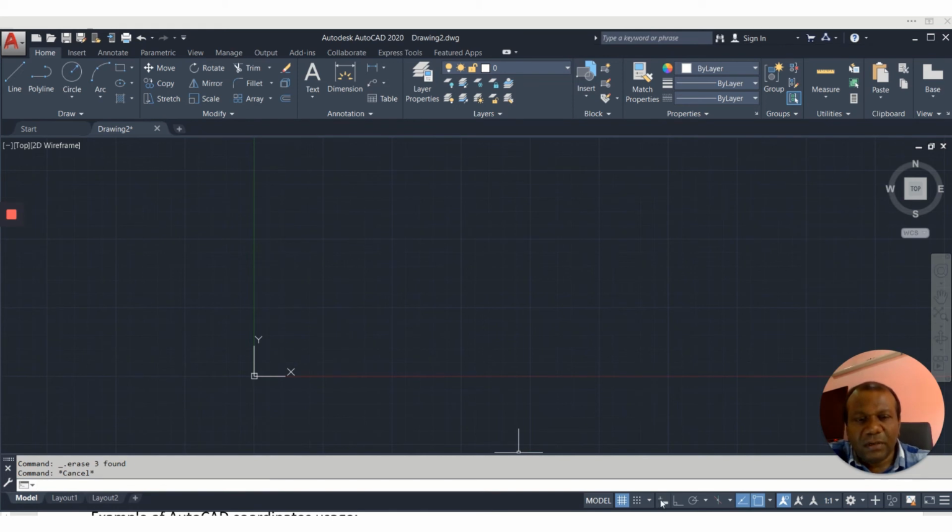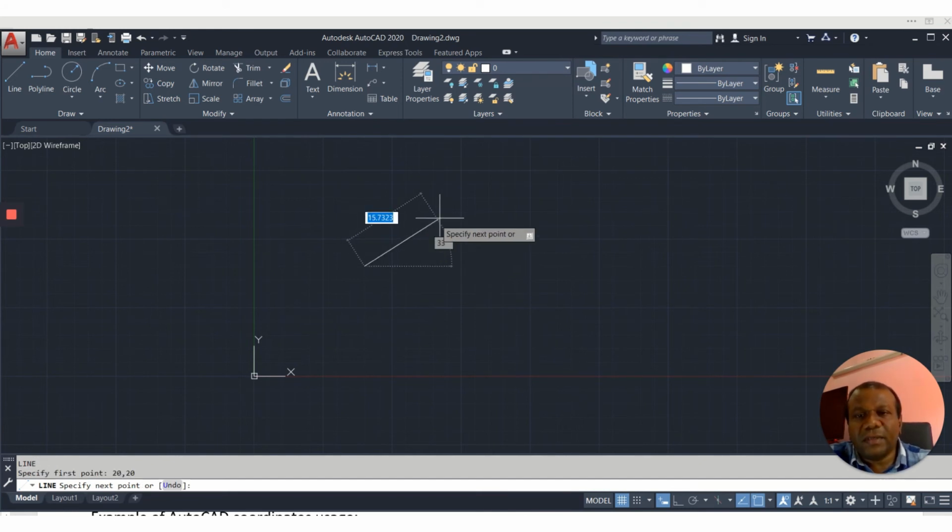That is one option. When dynamic input is on, you type L, enter, and when you move the mouse, it will show the absolute coordinates of where the mouse is. Can you see? When I am moving the mouse, it's showing the X and Y coordinates. When it is switched off, it won't show. Now I switched it off. Again I will switch it on. When you switch it on, it will show the coordinates. You can type directly there.